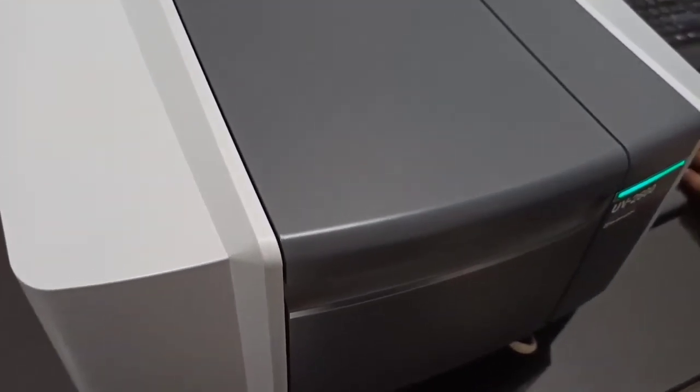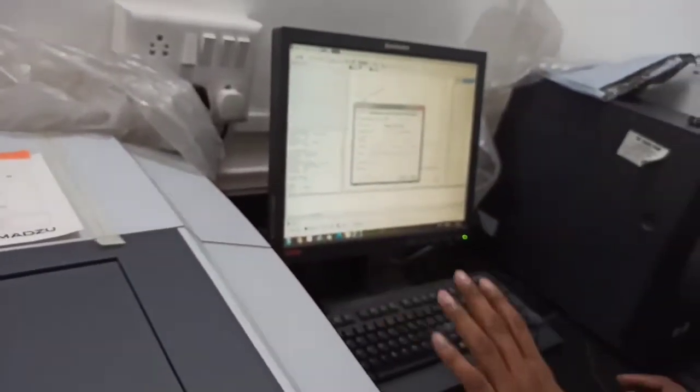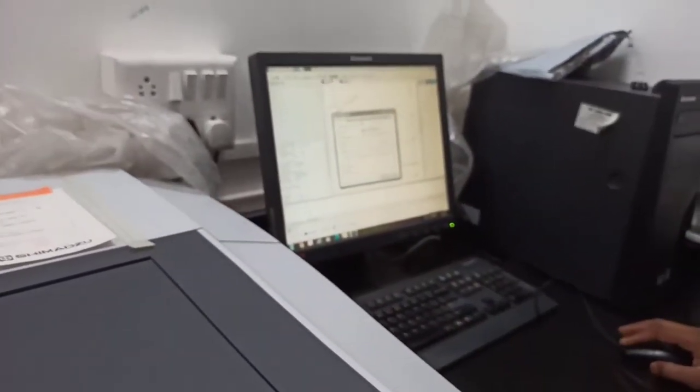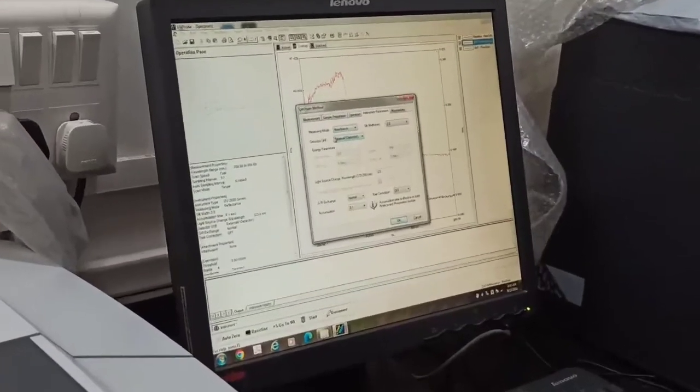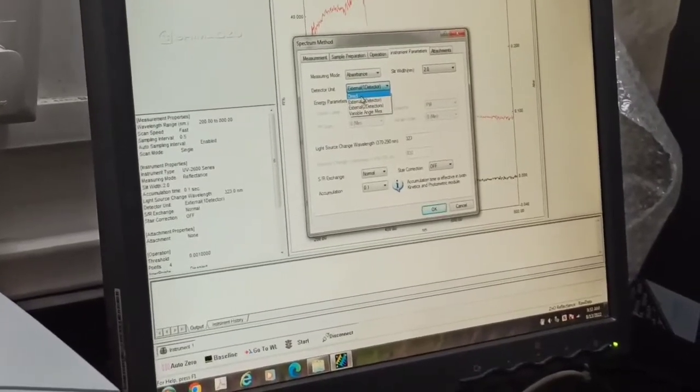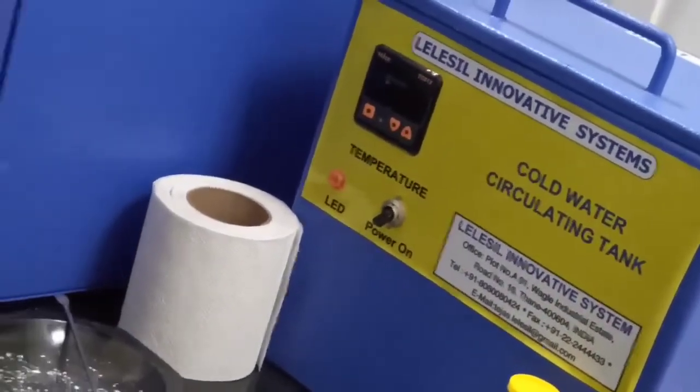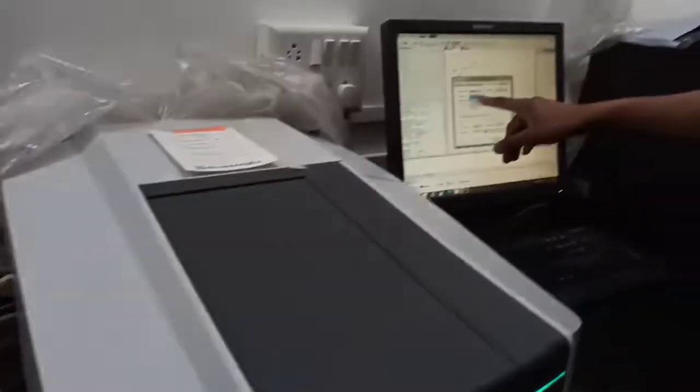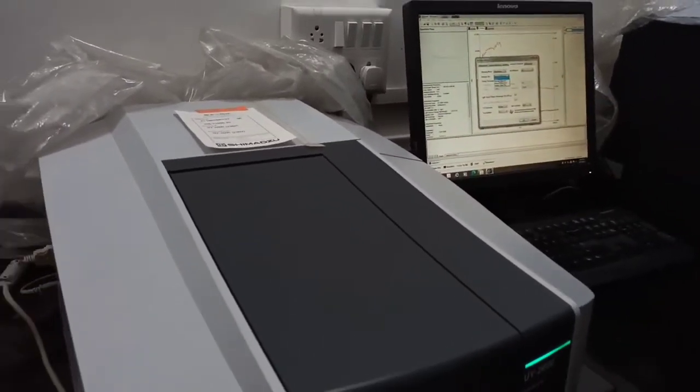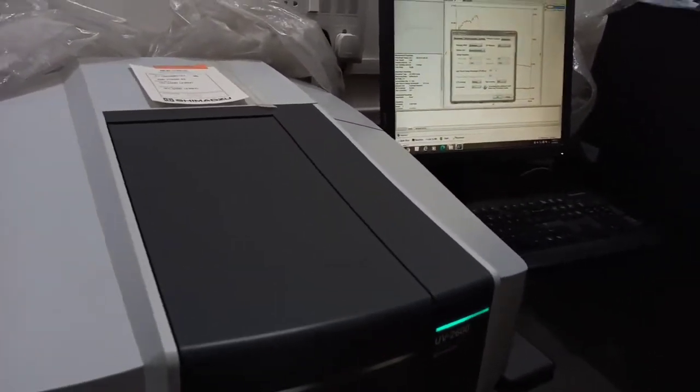So here we will go in method. It is similar to the UV. In UV, we take the absorbance, and the detector unit is direct, because that is for the UV liquid sample. There is no wire; it measures the absorbance directly. Here this wire is attached to detector 1, so we are using the external detector 1.